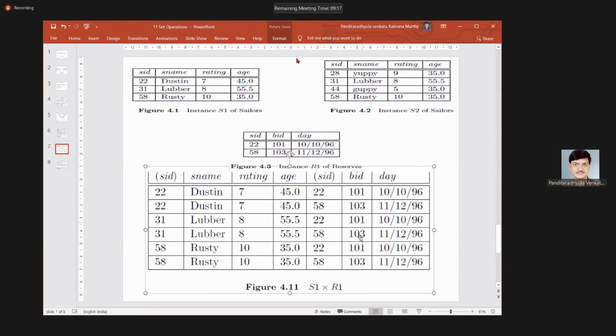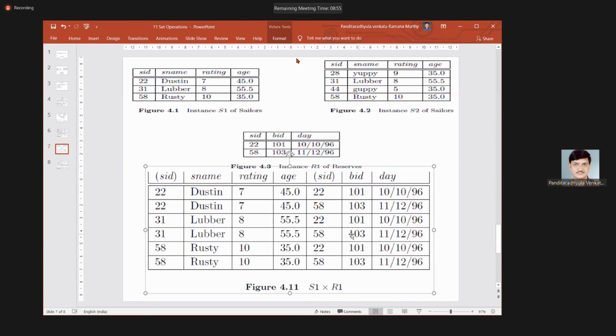Same ID values, definitely, because here we are just considering how to join one table with the other table. We are not considering any other conditions. We'll see later in the next class how to handle these duplicate values.